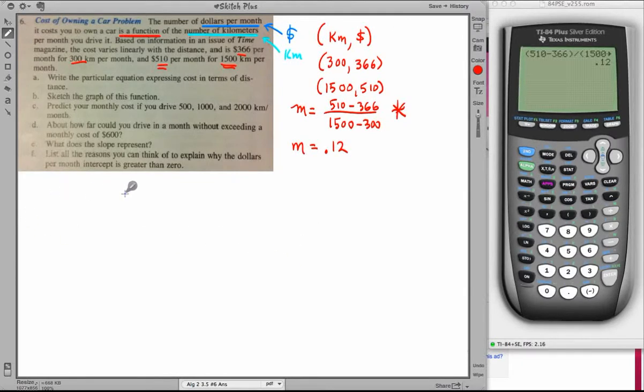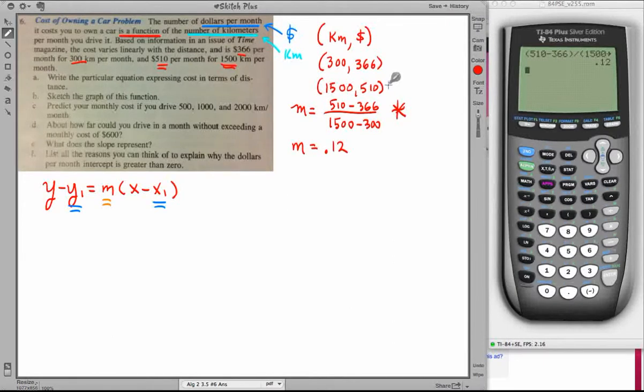Now once you have that slope, you can use this form of line equation. y minus y1 equals m parentheses x minus x1. This style of line equation is called point slope because it requires a knowledge of a point that I've underlined in blue, and it requires a knowledge of the slope I've just underlined in orange. So here we go. We're going to go back to doing the problem.